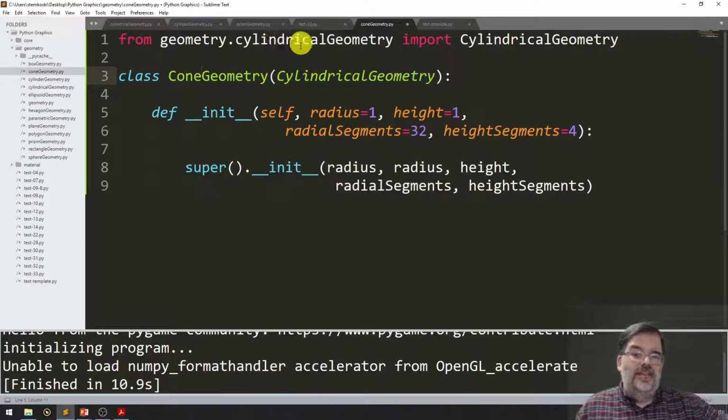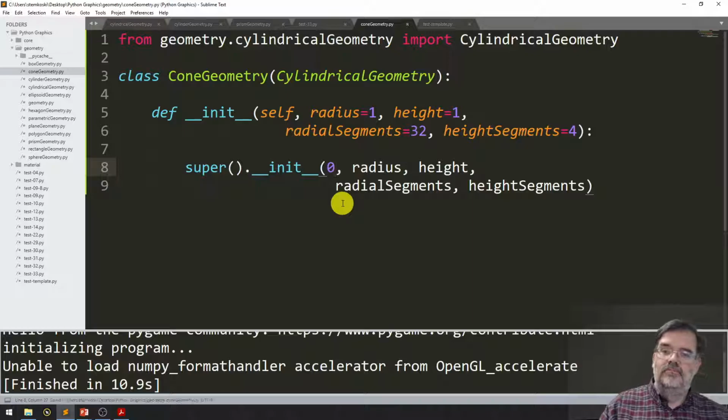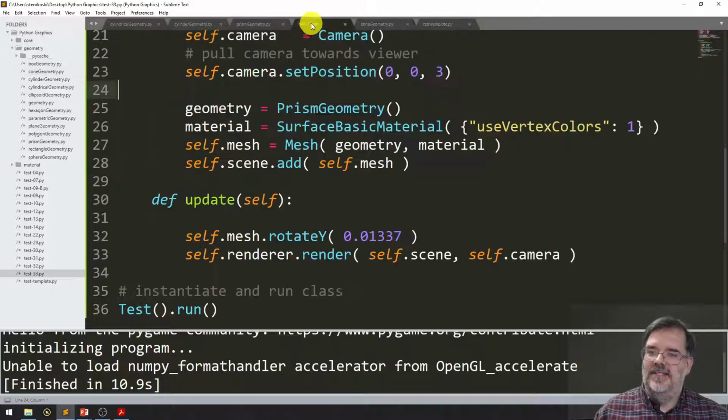Now really, the big difference here is the top radius of a cone is 0. I'll still let the user set the radius, but that will really only apply to the bottom radius. The top radius is forced to be 0. All right, that's it. Let's save, go back to our test case,